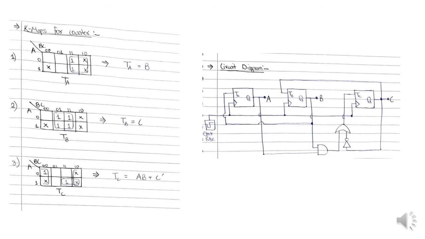As you can see here, this is the TC, and it should equal A and B, ORed with C complemented. You can see that we get C complement from here and A and B from here, and we finally pass it to the TC here. By making the simple connections, we finally completed our circuit diagram. You have seen the working model of this diagram in the previous slides.